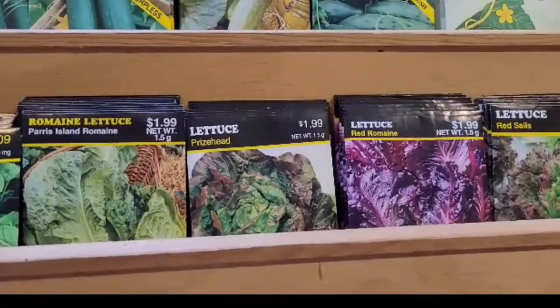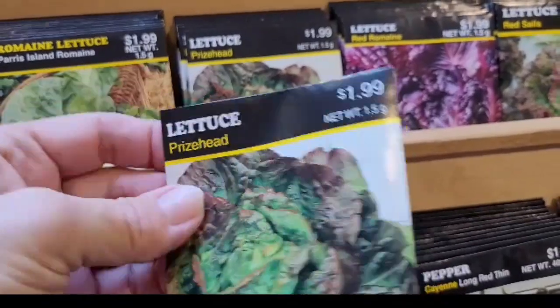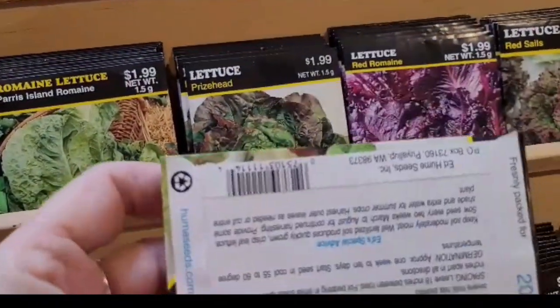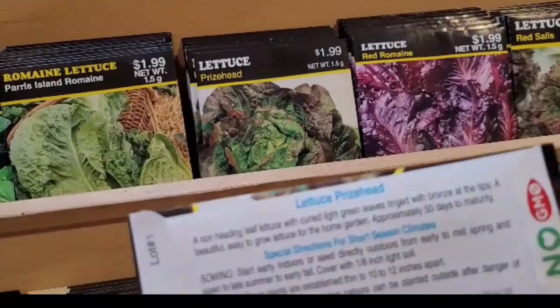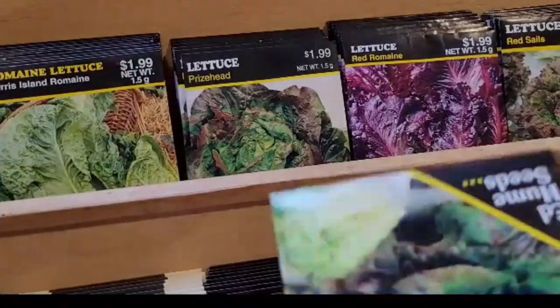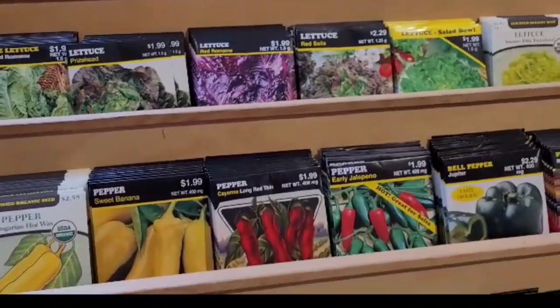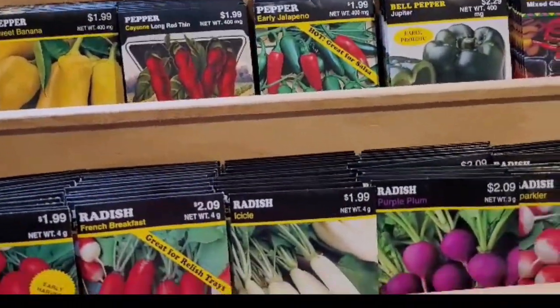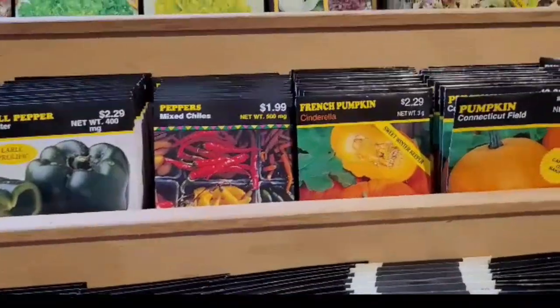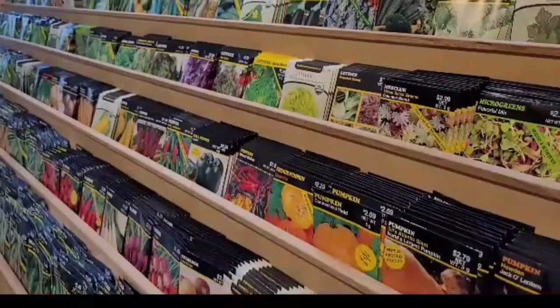Seeds. That's the very first thing I'm going to start my to-do list for February, whether you want to grow seeds indoors or outdoors. Get down to your garden centers now and pick out all the seeds that you're going to need or want throughout the entire year. So if you like to plant early crops, start going out there and looking for your lettuce and your kale and your broccoli and Brussels sprouts. Start looking for all those seeds because it's getting very close to time to put those in the ground now. Any of your summer crops that you want to grow, like your tomatoes, squash, even though you're not going to be planting them till later, I encourage you to pick those seeds out now and just get your supply,